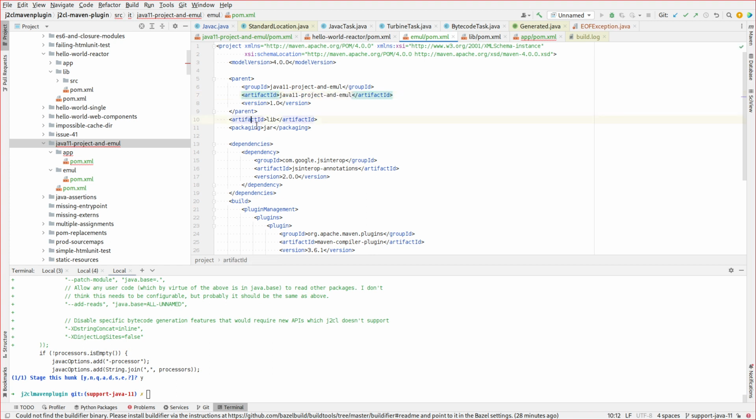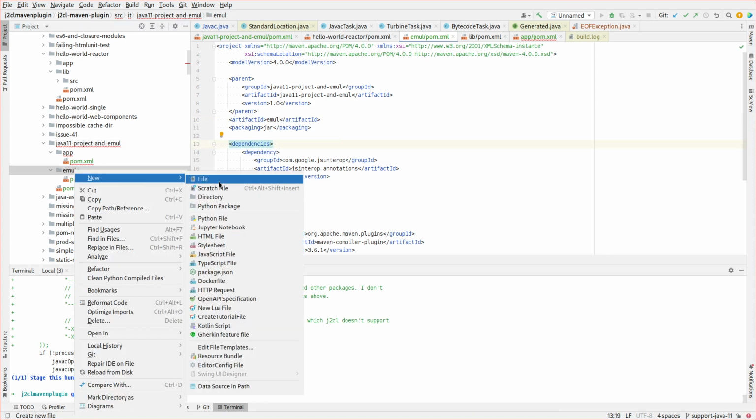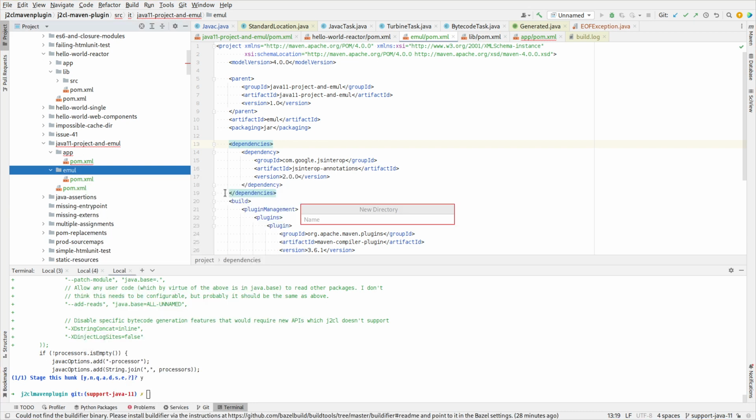And then this artifact ID is emule, which we're going to stick some source main